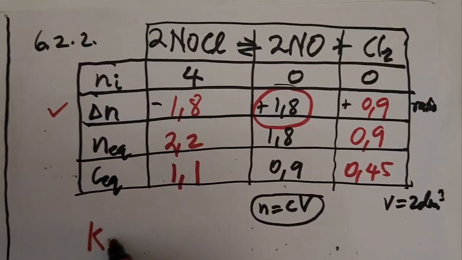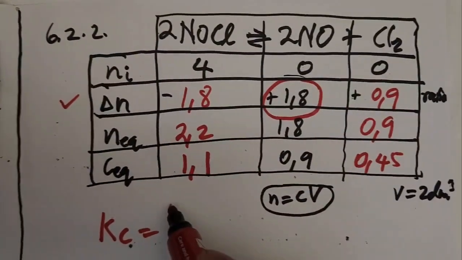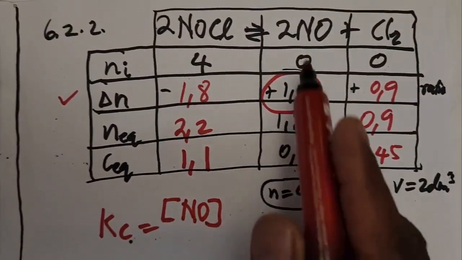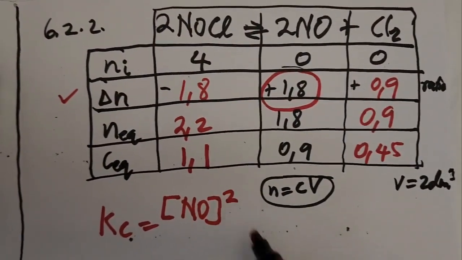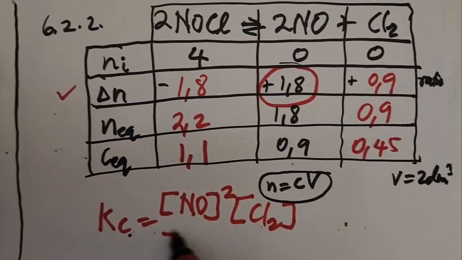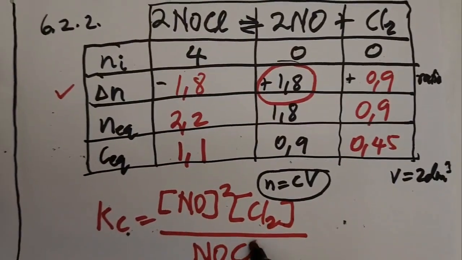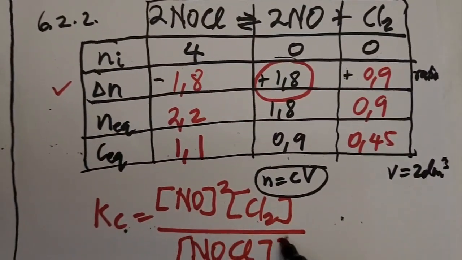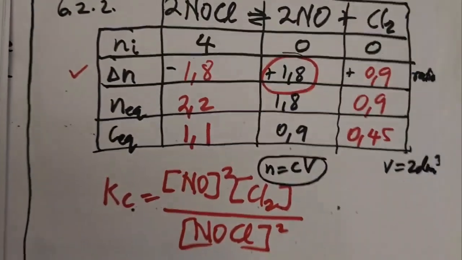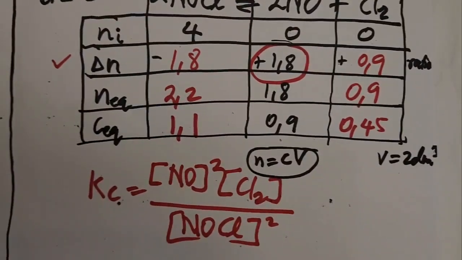They say calculate the Kc. Kc, you write now the Kc expression, the products over reactants. Product is NO because it's now 2. Then the coefficient becomes the exponent, multiply by Cl2, and then divide by the reactant, NOCl, also squared. Then what you're going to get in this case, you will find now that the products will be